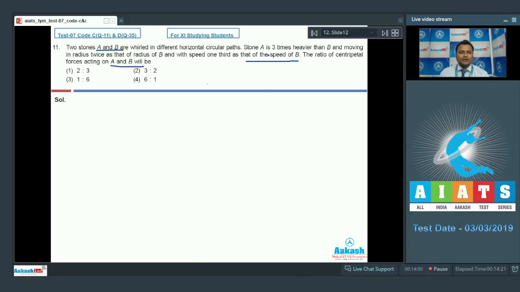Now, according to the data given in the question, suppose the mass of stone A is 3m. Then the mass of stone B we can write as m. The radius of circular motion of stone A is supposed to be 2r. Then the radius of circular motion for stone B will be just r. Suppose the speed of stone A is v, then according to the question, the speed of stone B will be 3 times